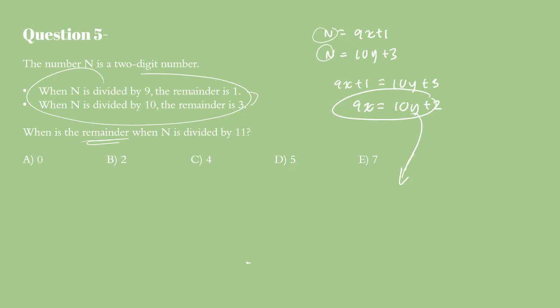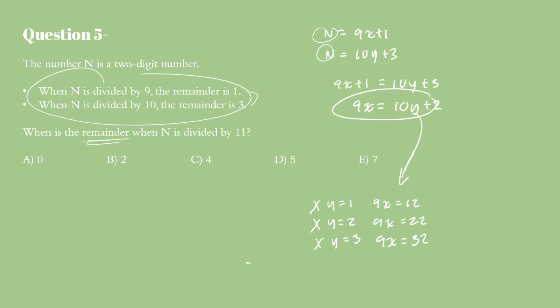So let's do this. Let's say y equals 1. So that would mean 9x equals 12, which does not work because x must be a non-negative integer. y equals 2, 9x equals 22, does not work. y equals 3, 9x equals 32, does not work. So we can continue on like this for a while, and just to make sure, we can definitely choose to write out each value of y until we hit that one example that does work.